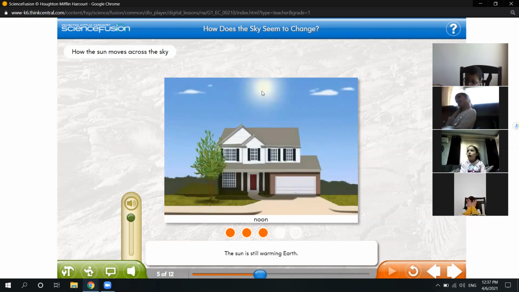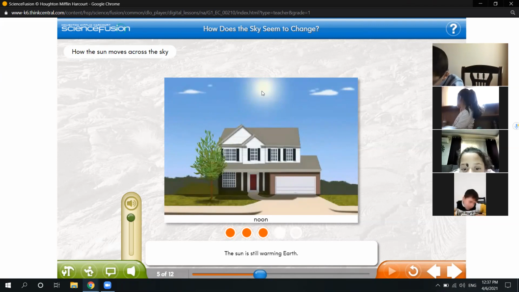When the sun is in the highest place during the day. As you can see here, the sun is very high, okay? And you can say it is the warmest or the hottest part of the day. So if I ask you what is the hottest part of the day, you're going to tell me the afternoon,